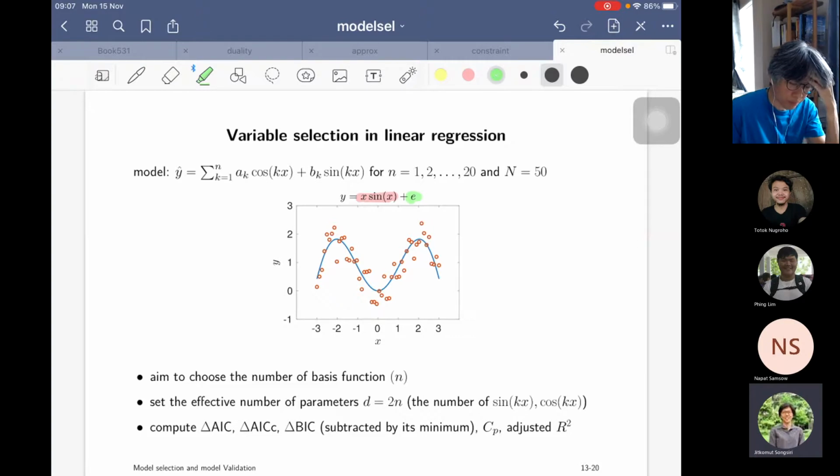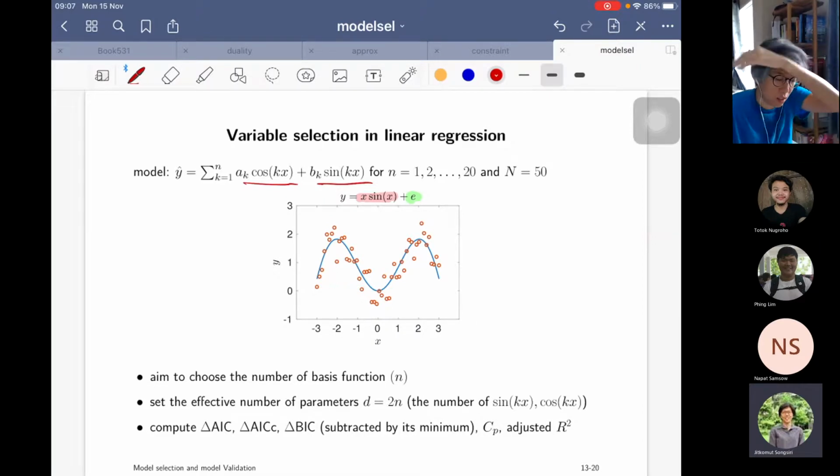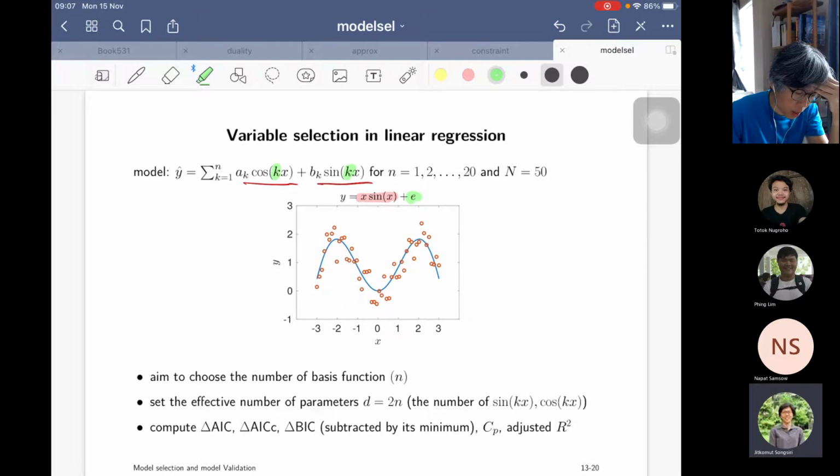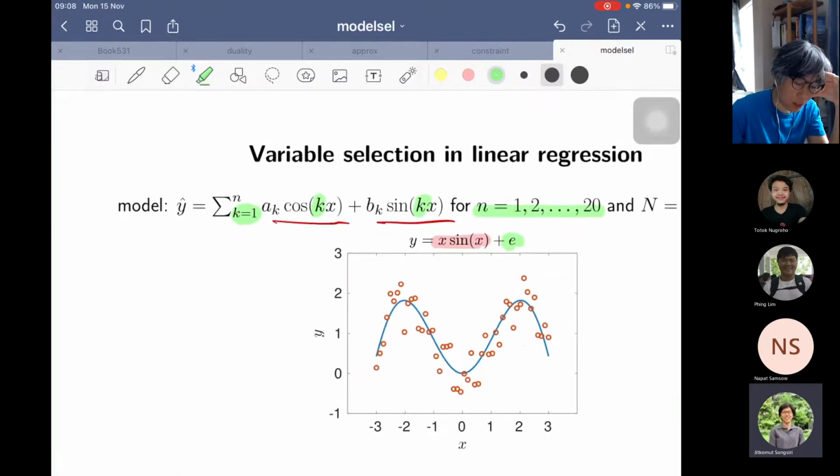In the model, I try to use something like a Fourier series. I represent y as a decomposition of sine and cosine at different frequencies. I vary k, starting from 1 to n, but I also vary n. So in this setting,